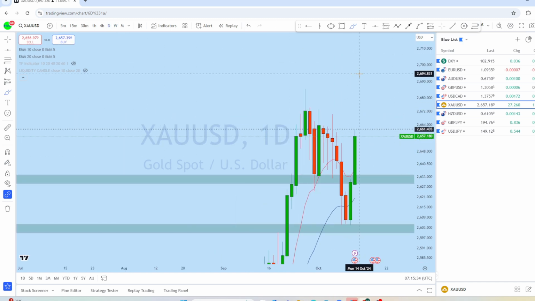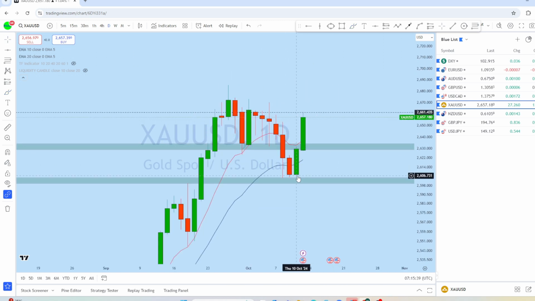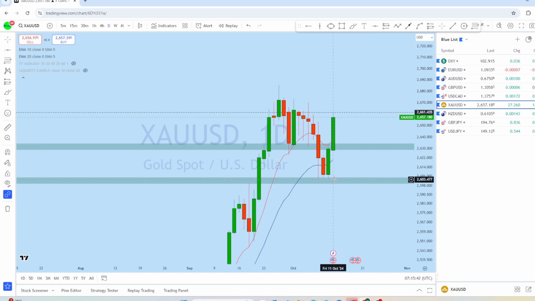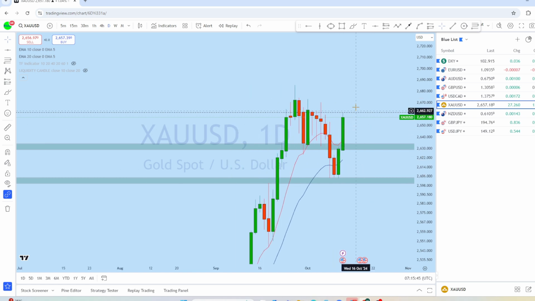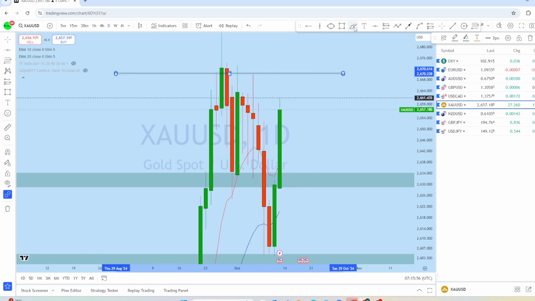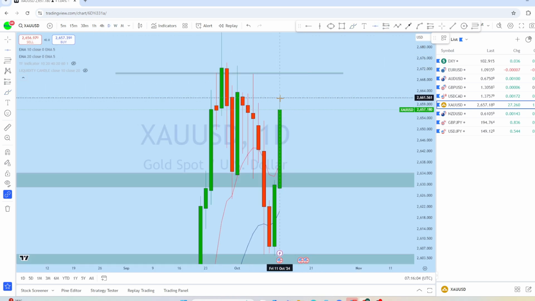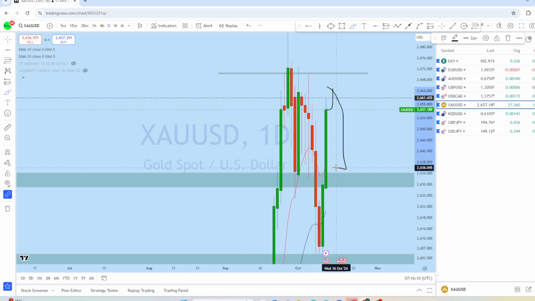Now, if we look at the daily chart on XAUUSD, this is the daily price action, back-to-back two days of impulse, which is in fact very strong bullish price action. At the same time, we can see that there is a resistance here. This daily resistance is also a high liquidity zone. As we can see, from that level there was a massive drop. And what I think is that this week, if we look closely again at the weekly high, we can see this is the weekly high, and from the daily, which is also the daily high, I think the price might try to break this high, and then we can expect a potential pullback towards the downside.